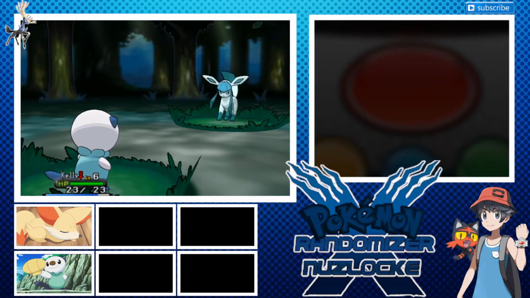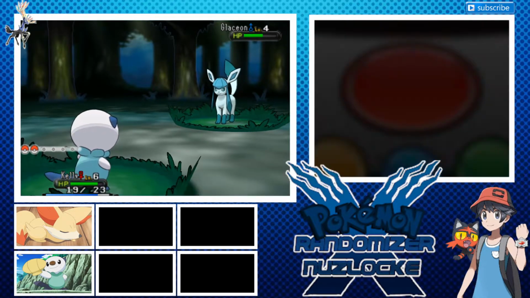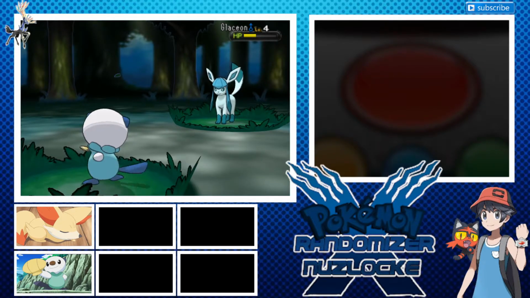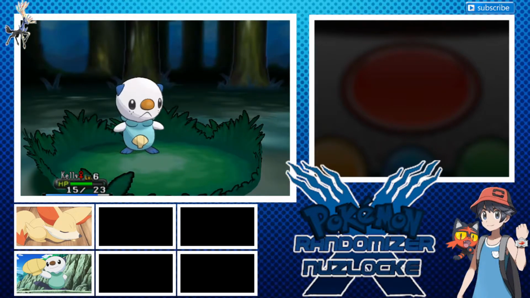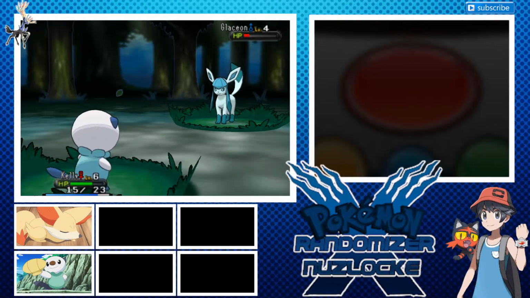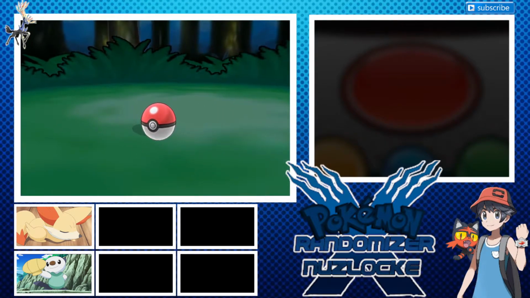Glaceon can eat so many hits. Can't deal them out though, but it can eat them. One thing I do like about the evolutions, I'm not a complete evolution fan. I do like Umbreon and Sylveon. Leafeon a bit too, I like. But they're all just so bulky, and I like that. Bulky, yet can do so much offensively in terms of competitive play, so...